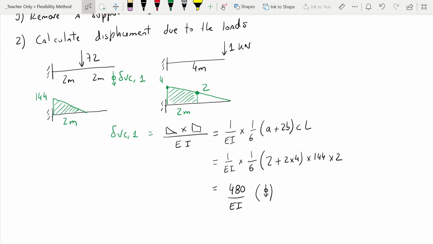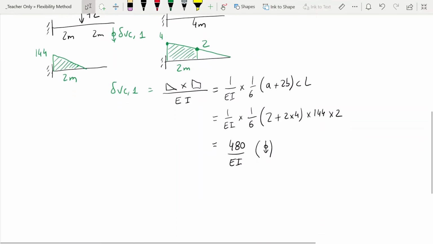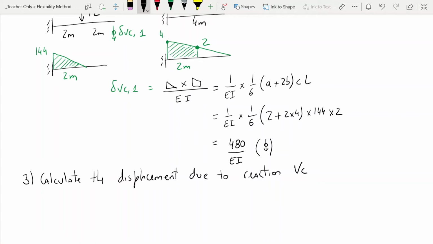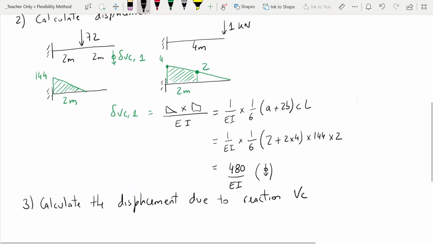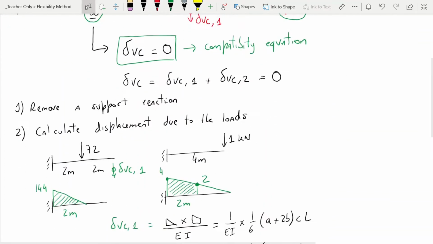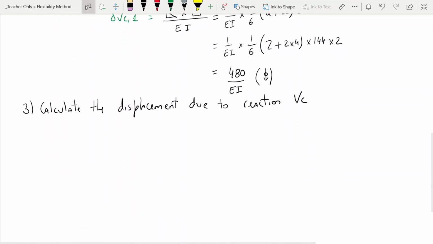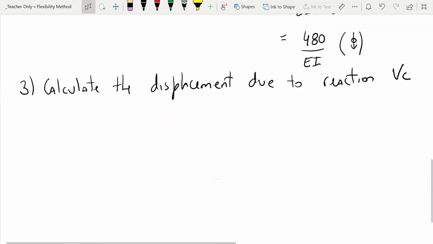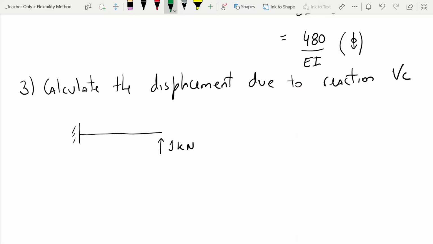Our next step is to calculate the displacement due to the reaction. So now, what's the problem with calculating the displacement due to the reaction? Is that we actually don't know the reaction, so we can't calculate the displacement. So what we're going to do instead is, instead of calculating the displacement due to this reaction, Vc, we're going to calculate the displacement due to a load of 1 kilonewton. So if we place the 1 here, we're still interested in calculating the vertical displacement at C,